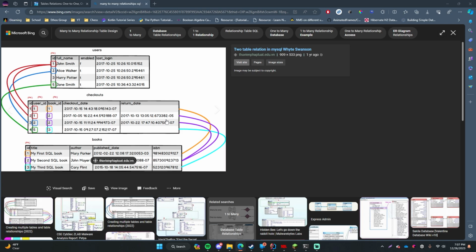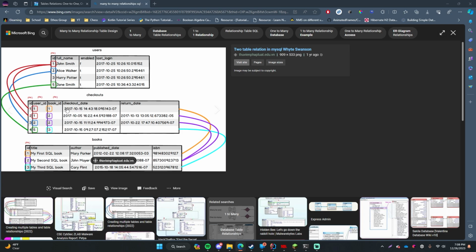Hopefully that makes sense. And it establishes that many-to-many relationship. But you can also provide other information in that table if you want to, because it doesn't make sense to store the checkout date necessarily in the users table or the books table, because a book can be checked out by multiple users, so it wouldn't make sense to store that checkout date in a single book or in a user. So that doesn't really make sense to go there,